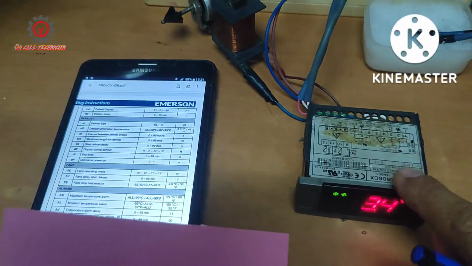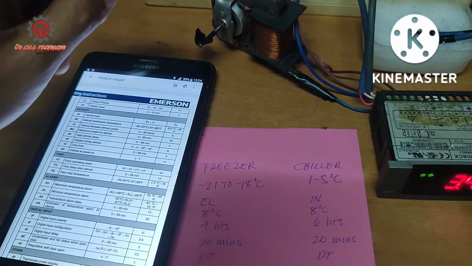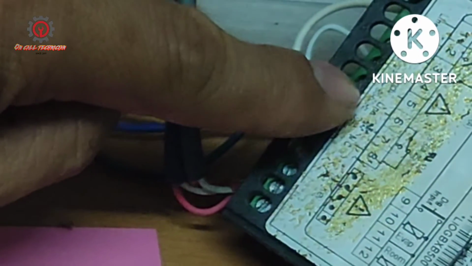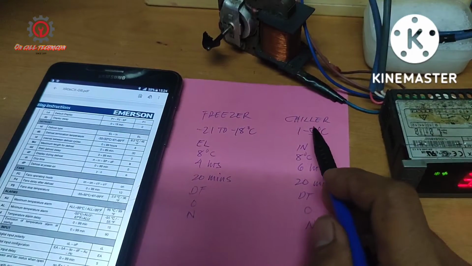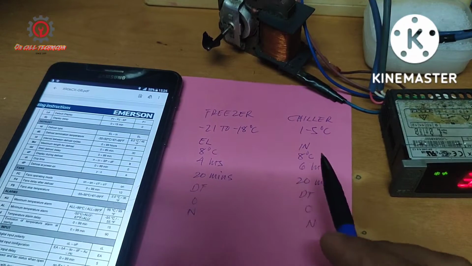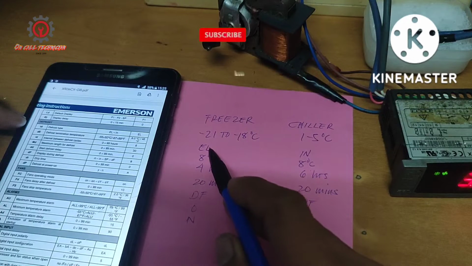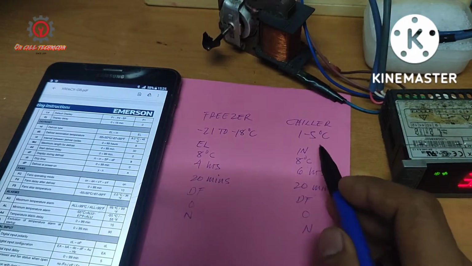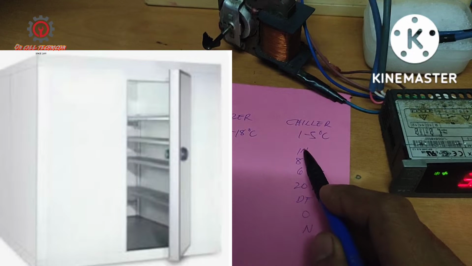And the currently installed here is a chiller, and this fan motor here is the load for the defrost heater, which is terminal number 7. And here we have a chiller and we have a freezer. Okay, under the TD we're going to use electrical for the freezer, and in the chiller some units use IN, which